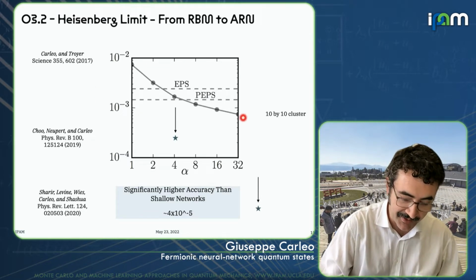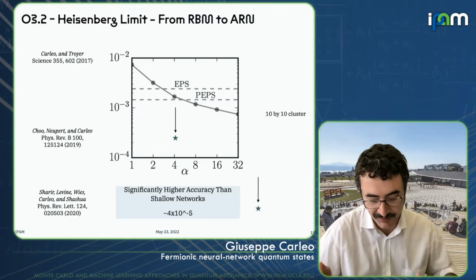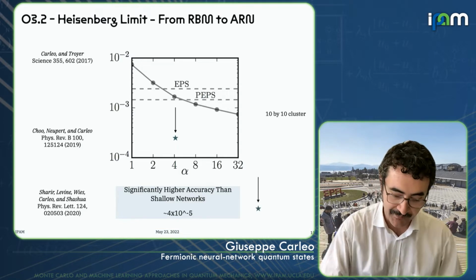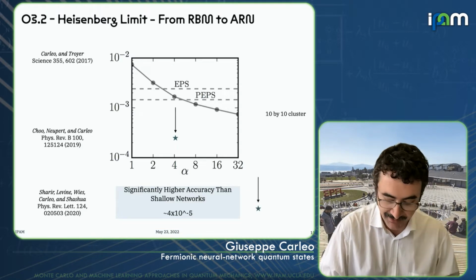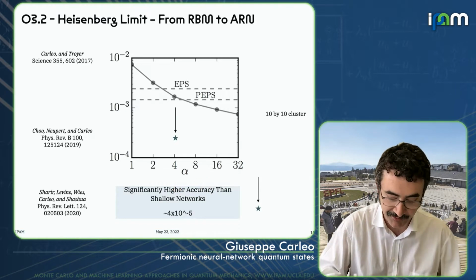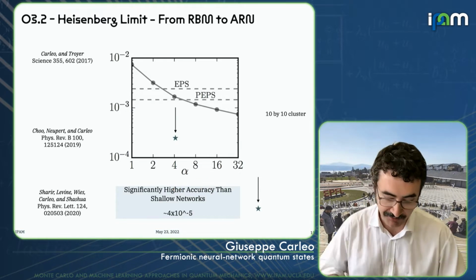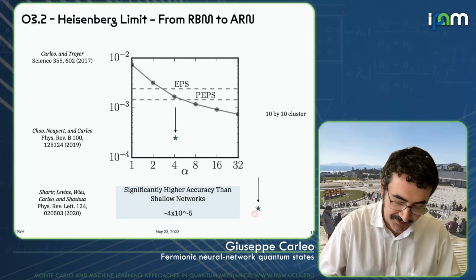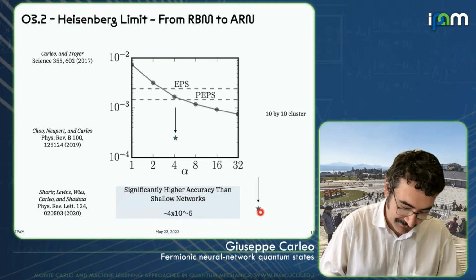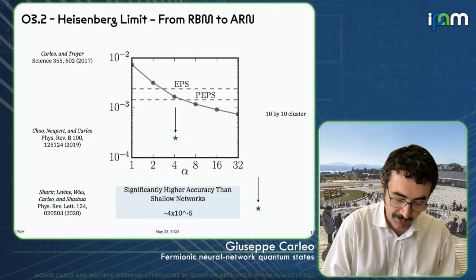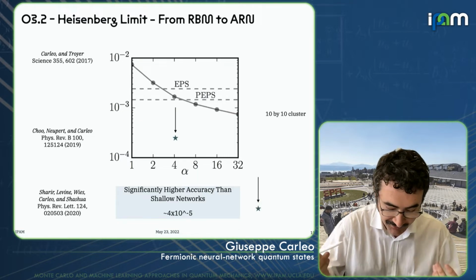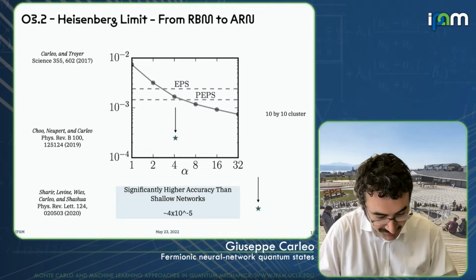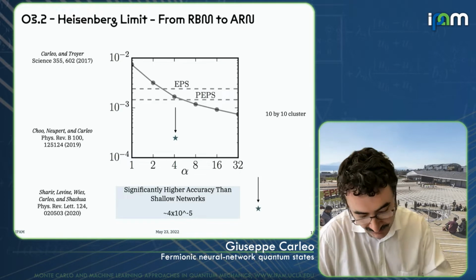And you can see, these were the first errors that we got using very shallow networks. So essentially, we've learned how to use deeper and deeper networks more efficiently. And also the most significant advancement in the field, I would say, has been this idea of using exact sampling that I think also Juan will tell you about later. So you can see that by using these deeper networks, this is a much deeper network than this one, we can go from some 10 to the minus 3 error on the energy to essentially 10 to the minus 5, which is to all purposes all you need to study also other properties pretty precisely on this model.